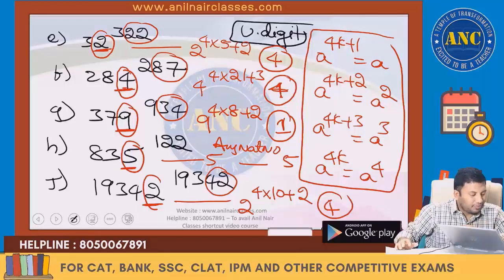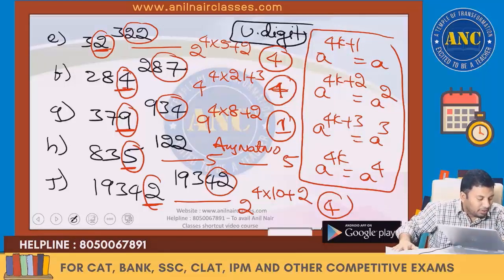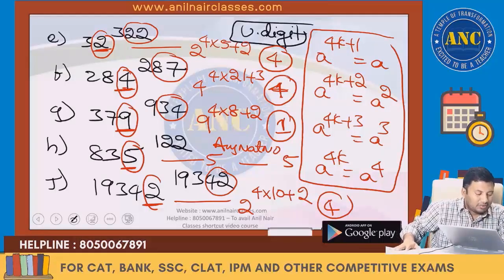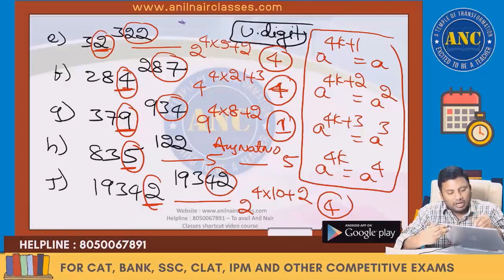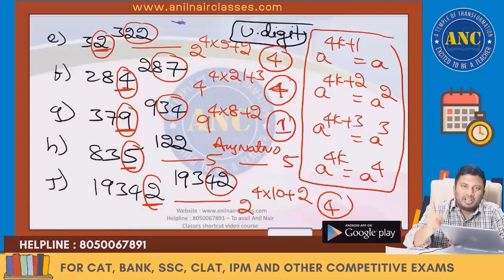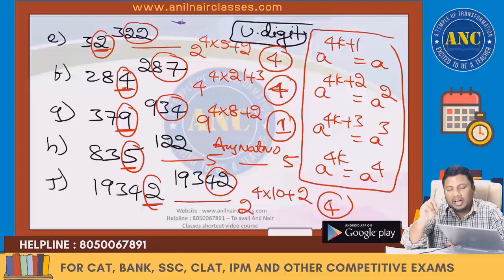Sir, if the difference is a multiple of 4 and the powers are different, is this case possible? That also we will discuss, Priya, because we are discussing the unit digit of the same number. I took x power 7 minus x power 3. I took the unit digit of a number.